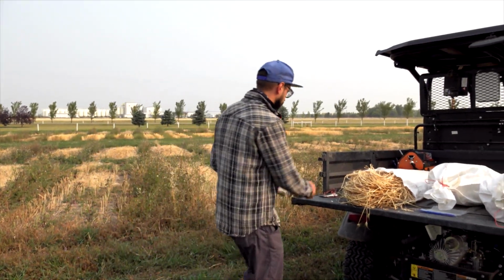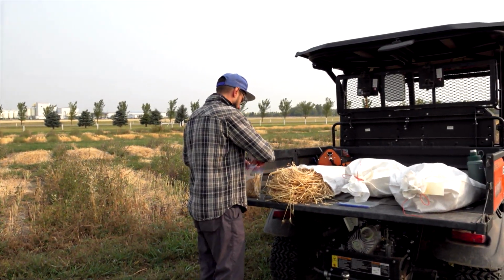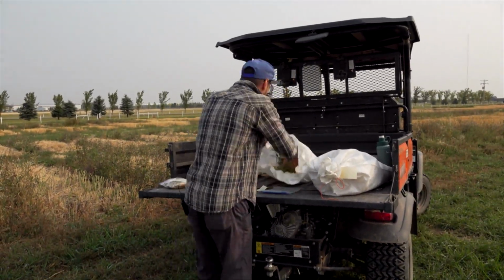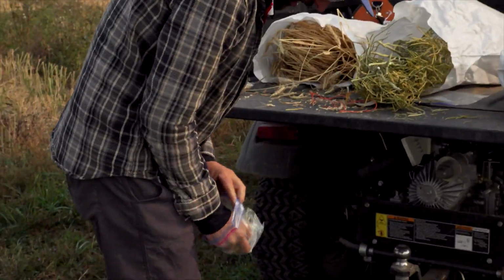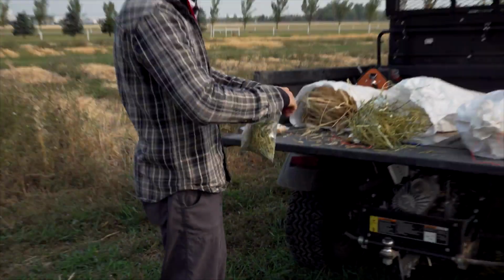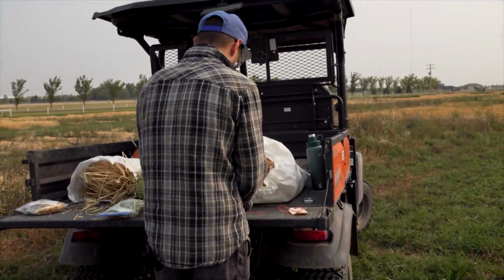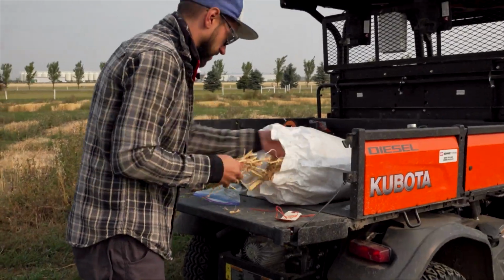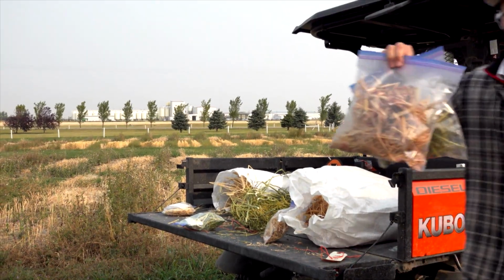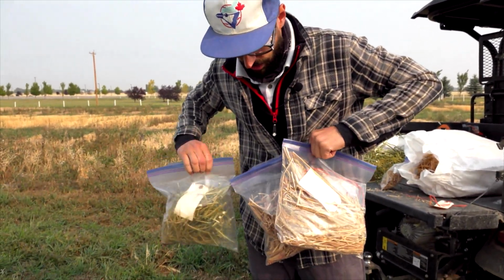Here's a wheat. Better throw a tag in there. We'll do a little fast forward montage of the canola and the peas. Here's what we end up with. And so this is what we're sending into the lab, and we'll have all this